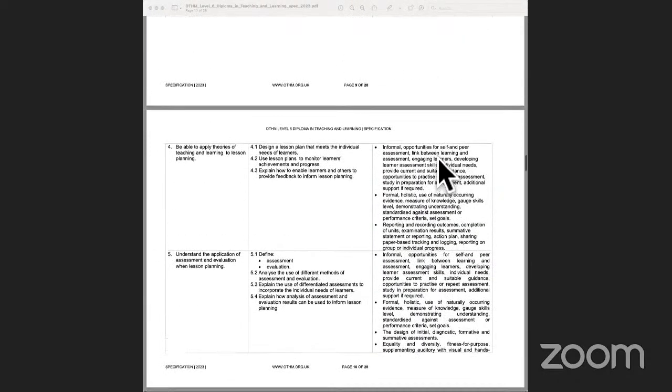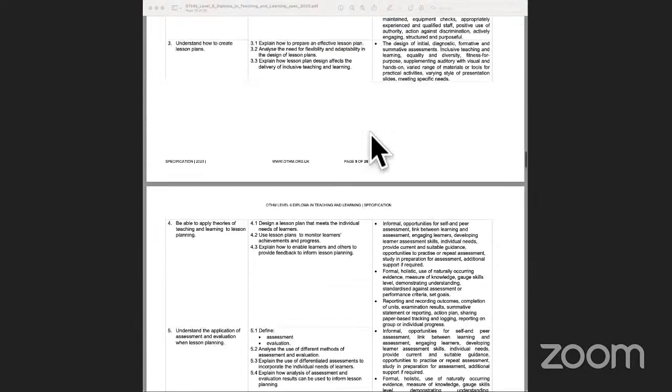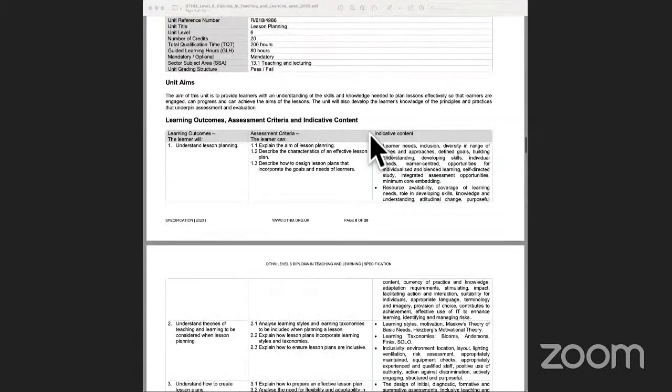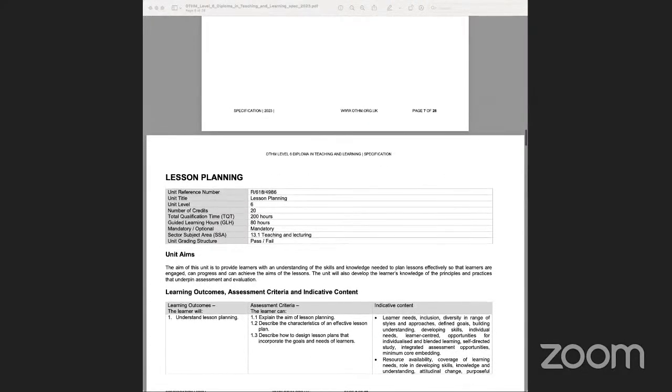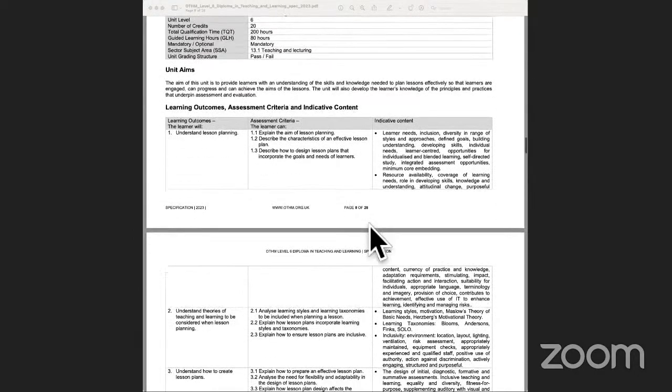Hi, good afternoon, and welcome back to the session on lesson planning, which is primarily looking at the first unit in terms of covering lesson planning. So this is looking at covering the unit, which is lesson planning, and we are on learning outcome 4